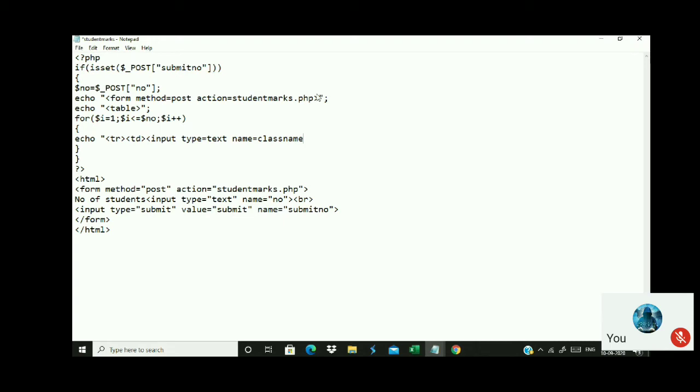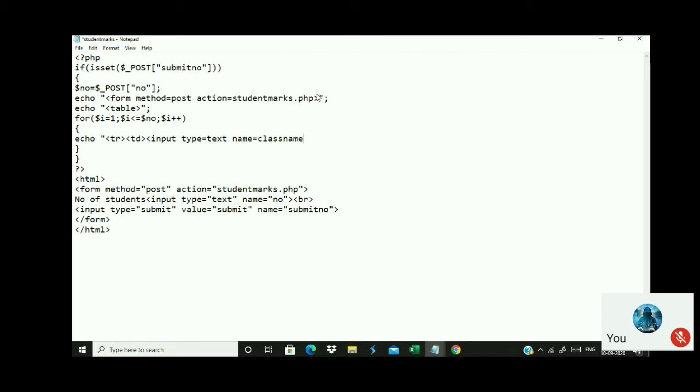Whether I am going to get only one class name here. No, sir. So what should I do? If it is only one text box, what will happen? The first text box will be erased by the second text box. The second text box will be erased by the third text box, so on and so forth. If everything has the same name, you will not be able to refer to it here.